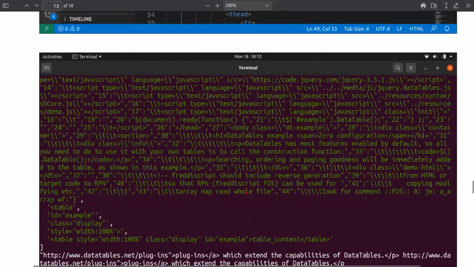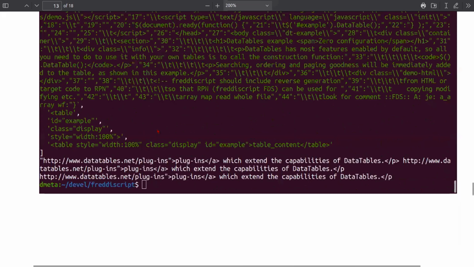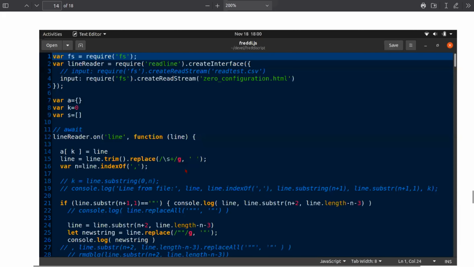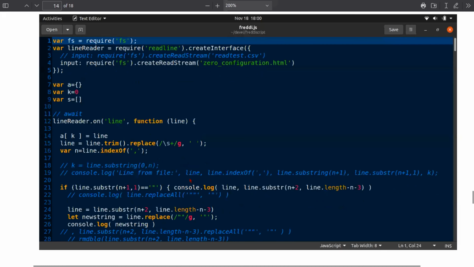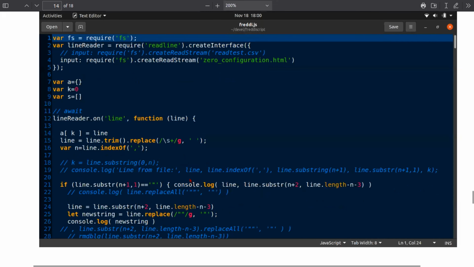Now this is just the implementation of this phoscript. Now I discovered something quite interesting in JavaScript. That is, I would call it